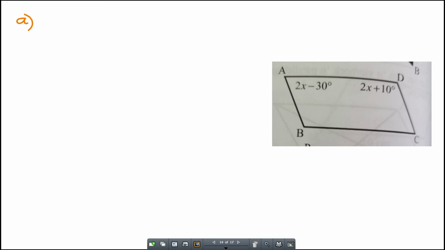Alright. Hier sê ek jou, bepaal die groottes van die binnehoeke van parallelogram A, B, C, D. Now, what do we know about the angles of a parallelogram? The opposite angles are the same. Okay, so I can say, if that's 2x minus 30, it means this will also be 2x minus 30. Okay, en as daai 2x plus 10 is, gaan hierdie ook wees 2x plus 10. Right, so if I add them all up,